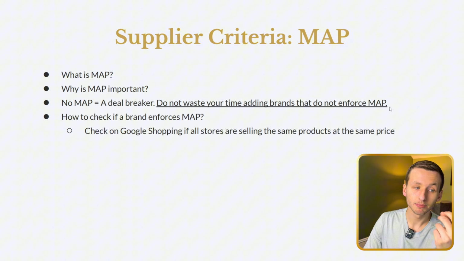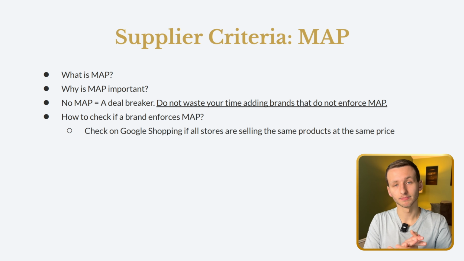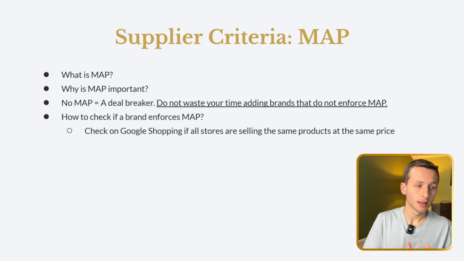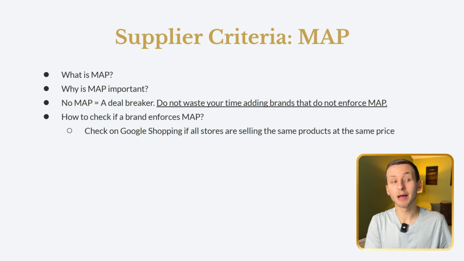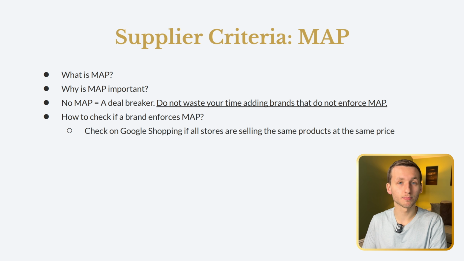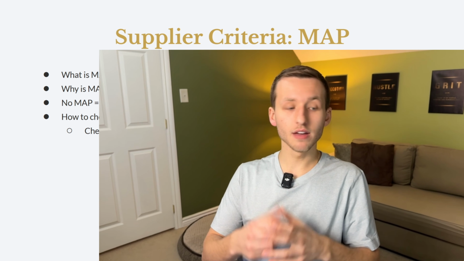Supplier criteria, MAP. All right. Now we get into the fun stuff. What is MAP? MAP stands for minimum advertised price. What it means is this. If I'm a supplier and you want to become a supplier of mine, or you want to become a dealer of my product, okay? I will tell you, yes, you can sell my product, but you have to promise me